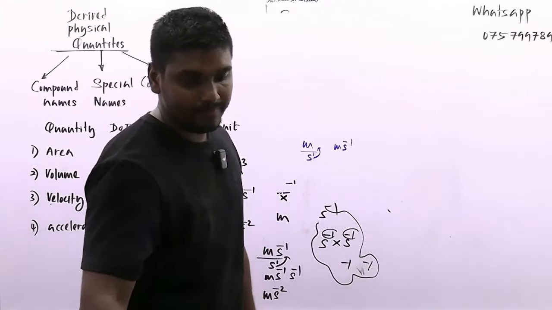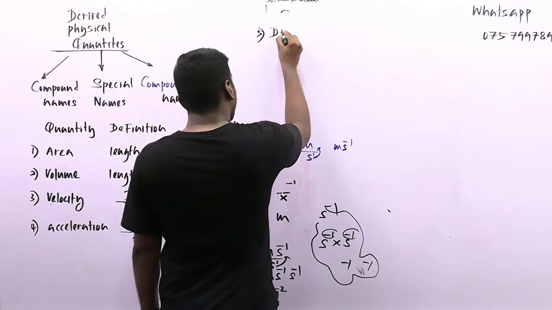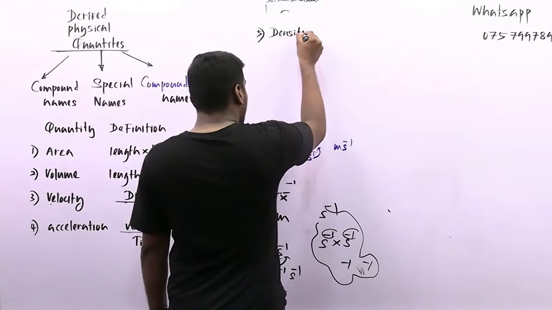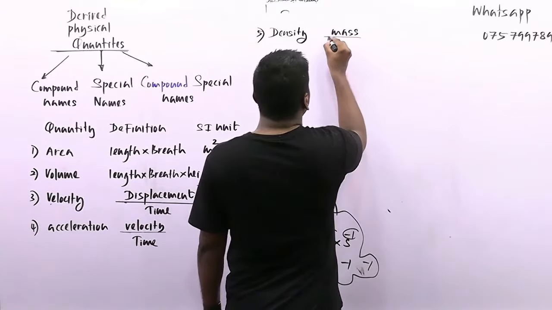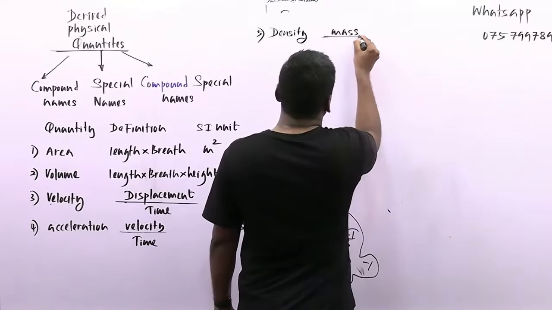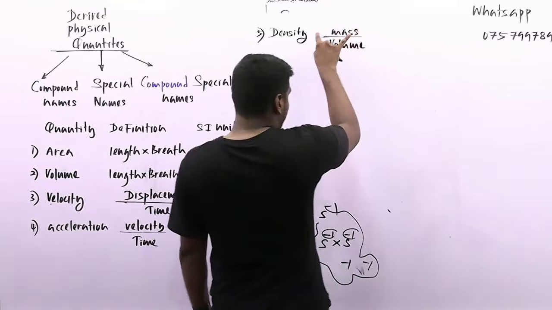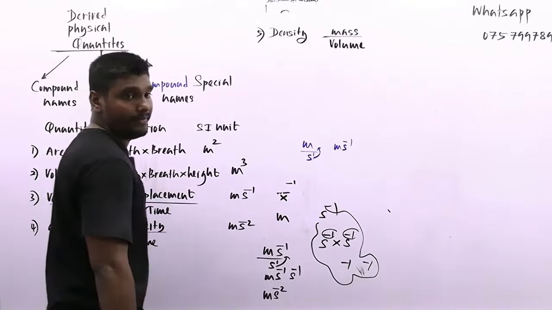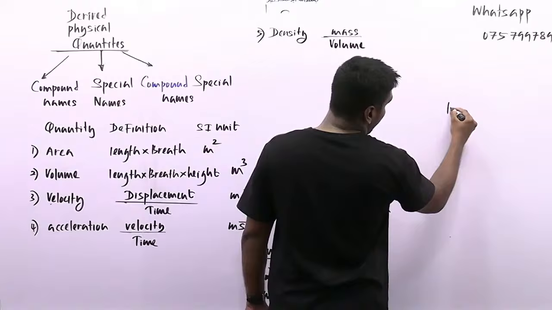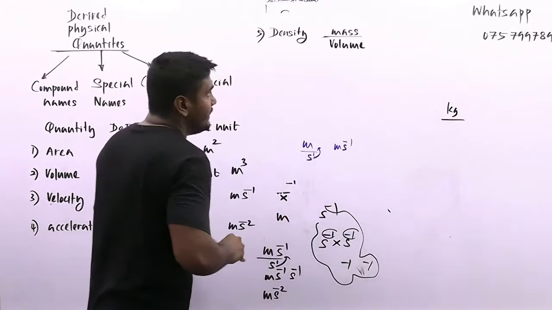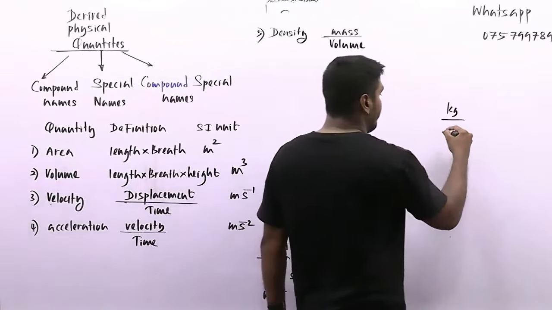Likewise, density, then momentum. Number 5, density. The definition is mass over volume. Density means mass over volume. The SI unit of mass is kilogram, but I told you, don't write simple k, simple g, or capital K, capital G. Kilograms over, what is the unit of volume? The SI unit of volume is meter cube, m to the power 3.